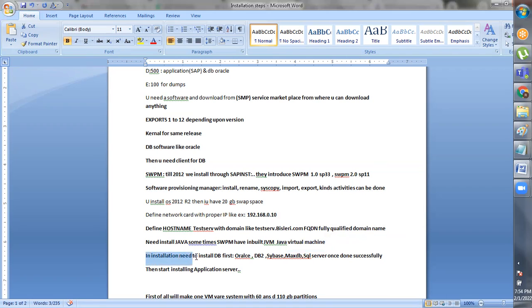And the main thing, you have to install the database as the first step. Which database do we use? We use Oracle. So first of all, we need to install the Oracle database software on the server. Once you install the Oracle database software, then you can run SWPM on top of that.